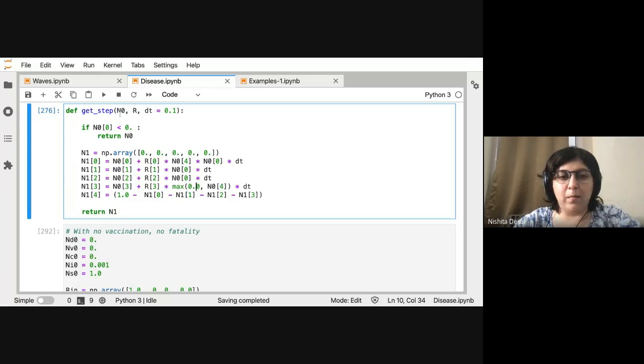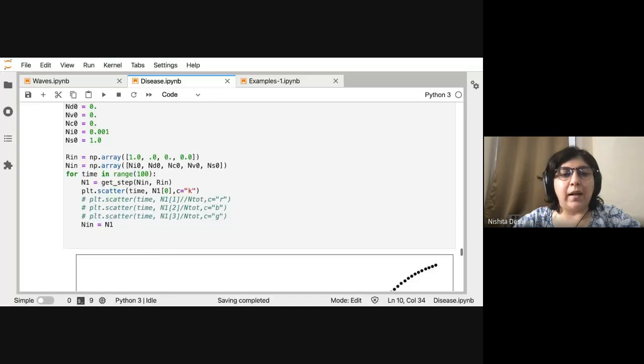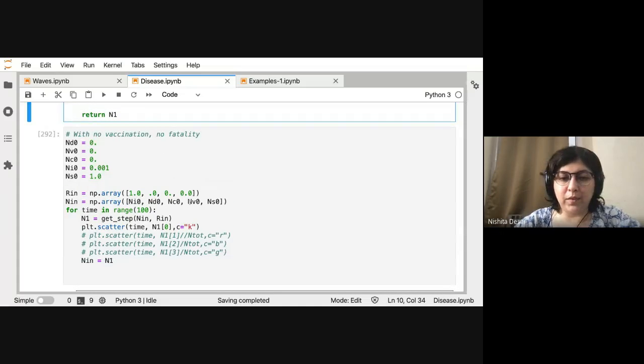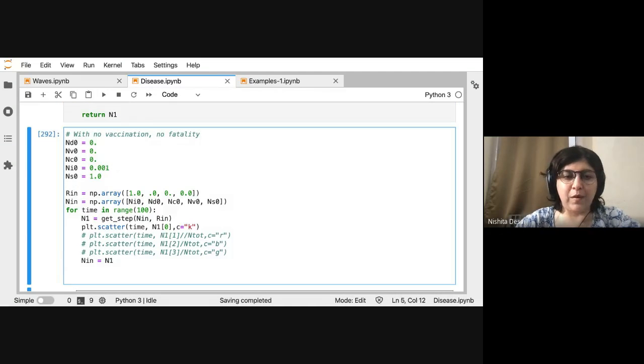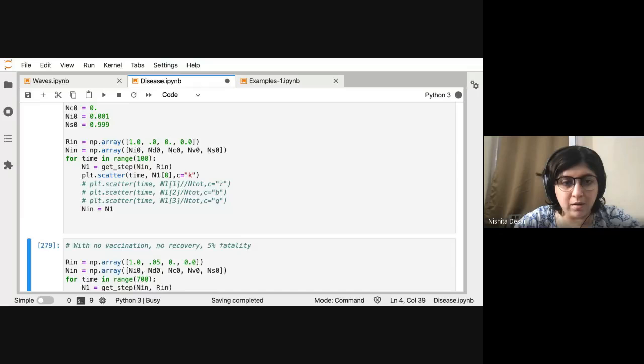It looks much simpler than the previous case, and we can again do the same run. So you start with a small number of infected, and your total susceptible population is 1. So this should be 0.999, but I don't care that much. So it should be something like this, and then you can start.